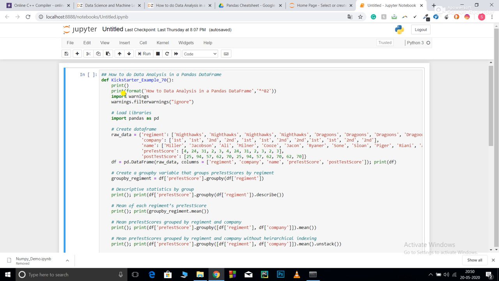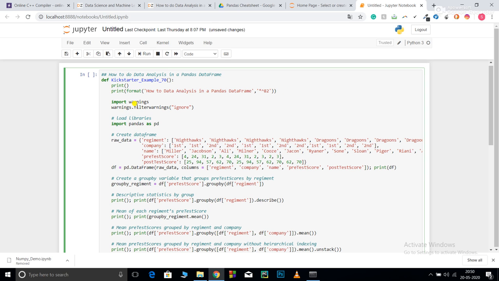Now I defined a function. These are two general print statements. In order to avoid warnings, I've imported warnings and warnings.filterwarnings ignore. After that, I've loaded my pandas library, which I would be using for data analysis. Pandas provides me with many functions that are useful for data analysis.